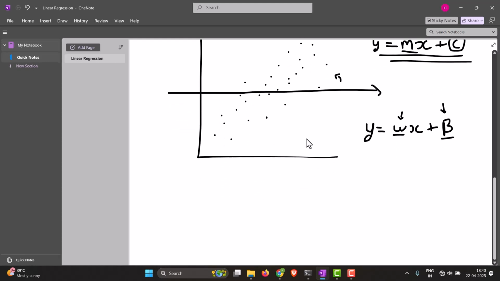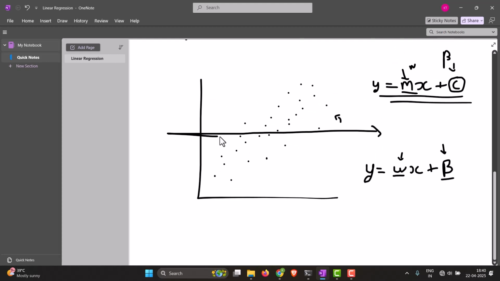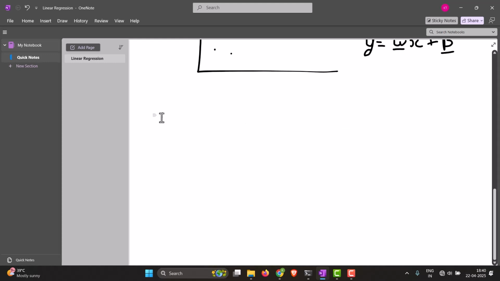So one way of doing this is to make a line which does not fit the data but is generally, let's take a mean or just any line, and then slowly modify the weights and biases in such a way that it reduces the mean squared error. So one way to do that is an algorithm called gradient descent,